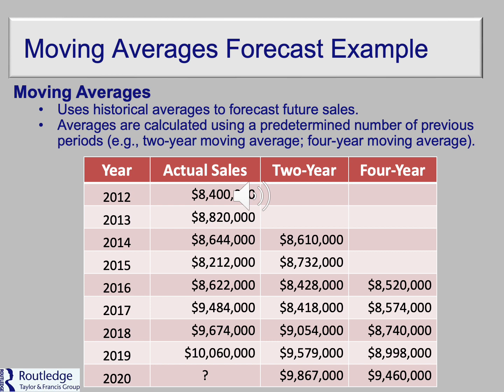So for example, if we were trying to forecast for 2024 sales, you would take the average of 2022 and 2023, or whatever time period is determined to be appropriate, which we'll get into in just a second. But let's say we're using the 2-year approach. So you would take actual sales, add them together, divide by 2, and that would give you your forecast for 2024. Okay, so this chart is really great because it gives you a 2-year and a 4-year average.